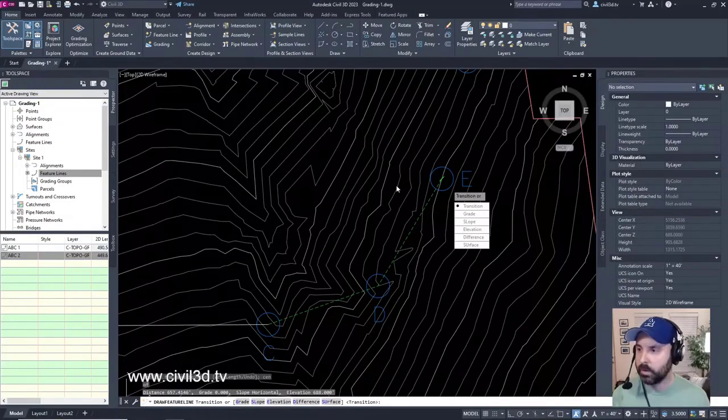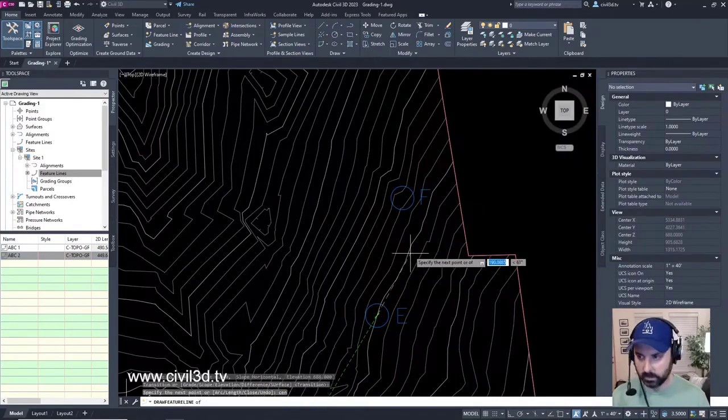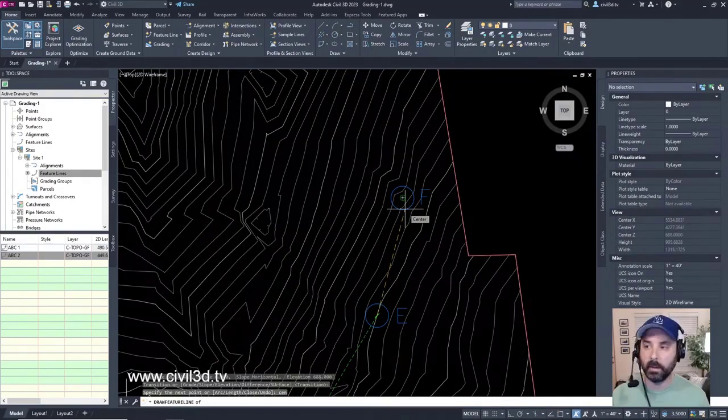Press enter now to accept transition once again. Then we'll move to the center of F. Now, after I click F, what elevation do you think that it's going to be set to?